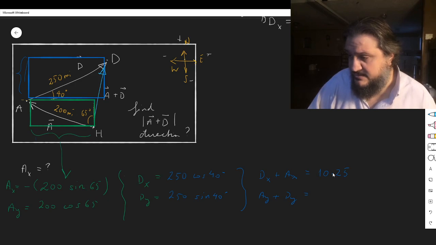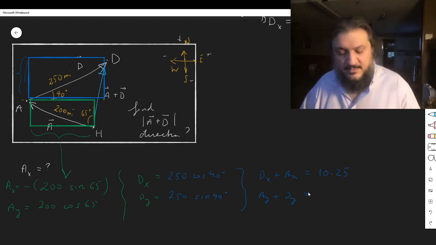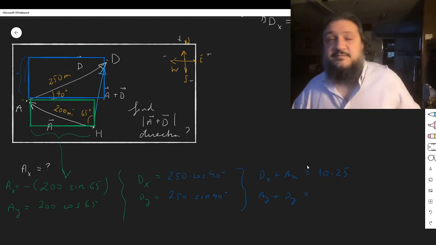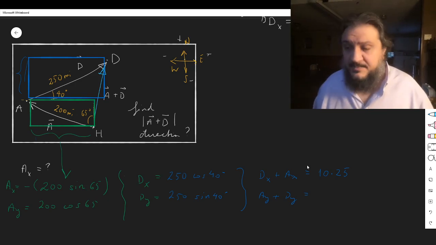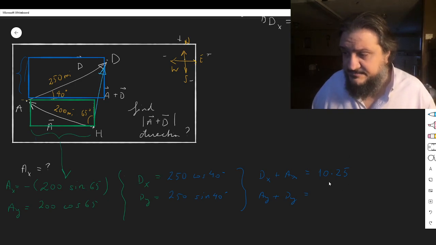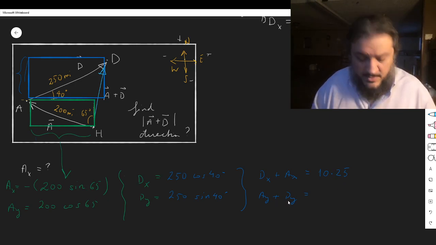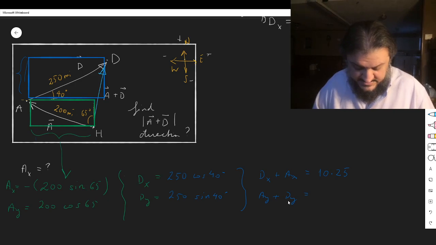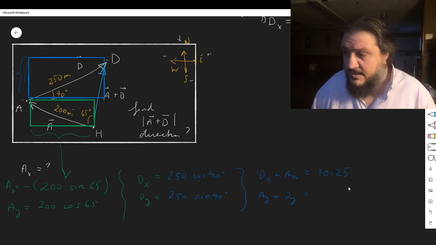Now you may say, why are we including 2 digits after the decimal point? Well, not for any specific reason, okay? The topic of significant figures is for some other video. Let's not worry about that. There's not really a particular reason why I picked 2 digits after the decimal point. So ay plus dy, so 250 sine 40 plus 200 cosine 65, and that gave me